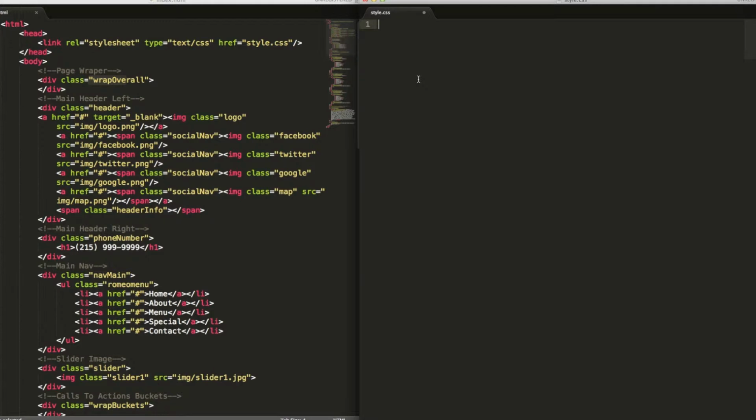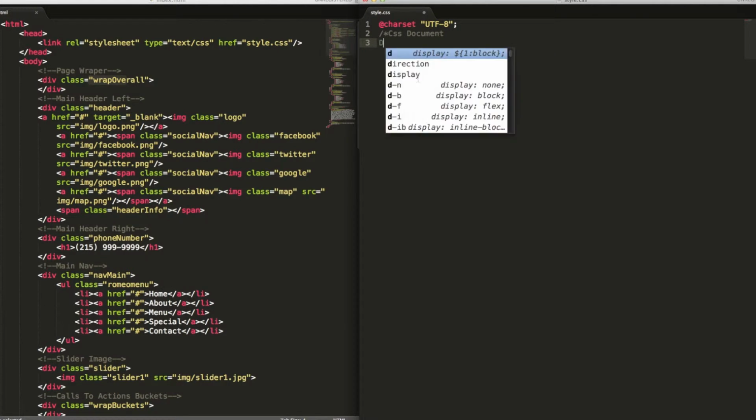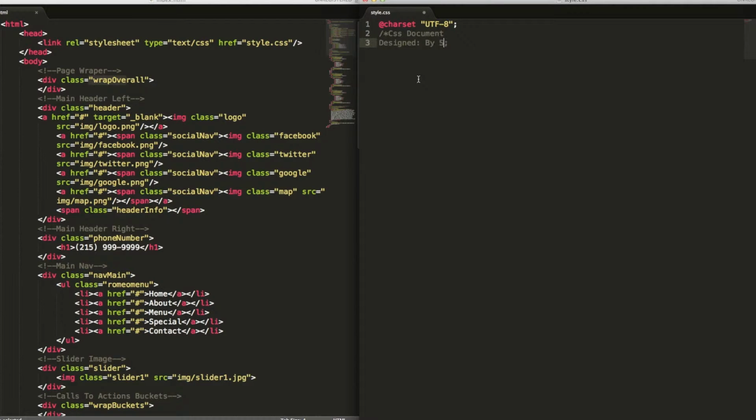So the first thing we're going to do is an @charset, and we're going to do UTF-8. Now, if you want to learn more about what this is, you can definitely check out w3schools.com, and they'll give you a little bit more of a definition of what the charset means, and they can definitely explain it better than I can, but that needs to be there. And we're going to do a CSS document,